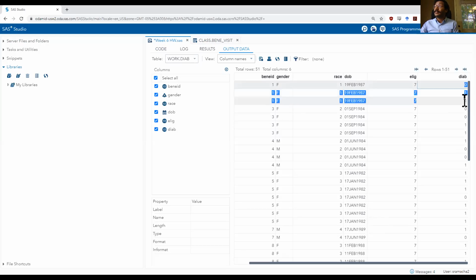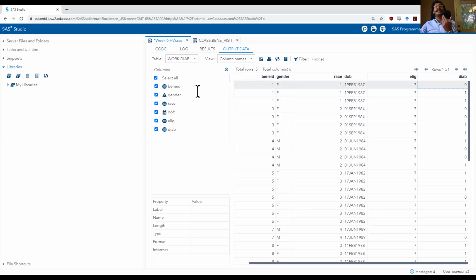The only thing this variable is telling you is if they had a diabetes claim in that row of data. It does not tell you anything about whether that individual has diabetes or not. In order to know if that individual has diabetes, you need to sum across rows and create a Benny level file, which will tell you if they have diabetes or not. At this row of data, you only know if the row itself has a diabetes claim or not. So individual 1 has diabetes on 2 of their claims, but not the third one. They have DIAB 1 and 1 on 2 claims, 0 on the other one. But this individual actually does have diabetes, right?